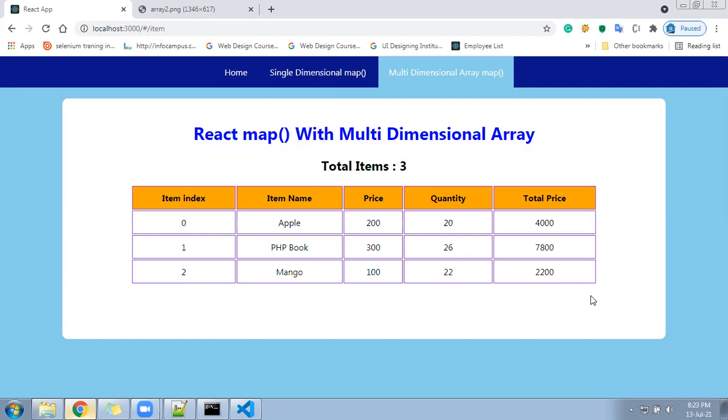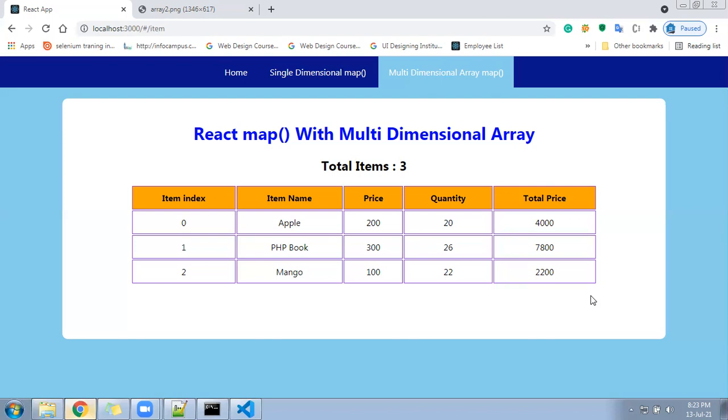We are learning the React.js series completely, basic to advanced. In that, we are under the functional component now. In the functional component, we are learning how to use the map function inside React. Map function is the most popular, famous method that we use with JavaScript, with React, and many other client-side processing languages. In React, how to use that.